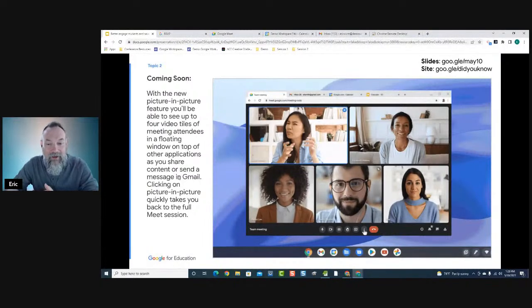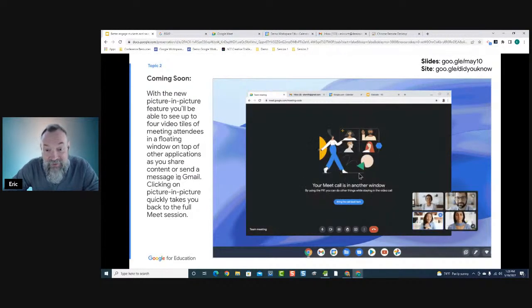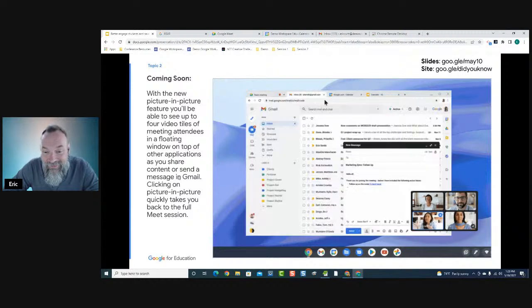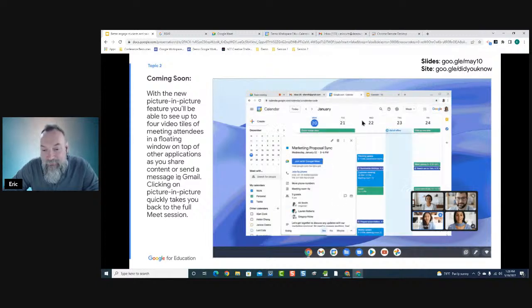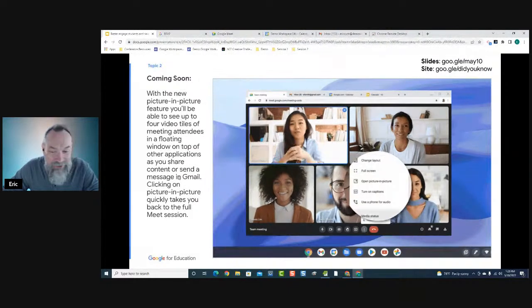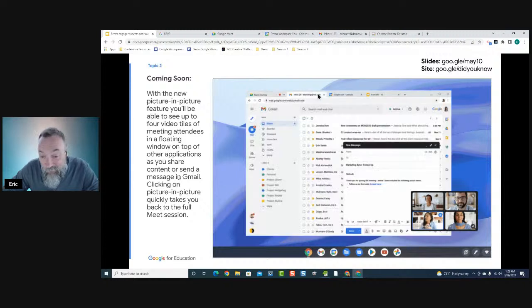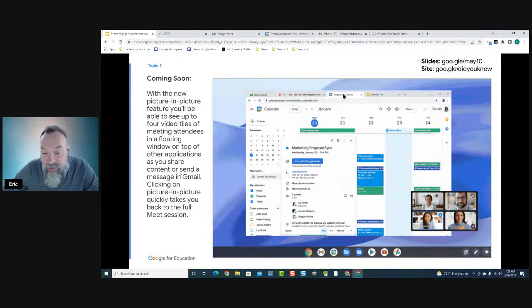Another cool thing, as far as viewing options go, is picture-in-picture. So let's say I'm just in a regular old Google Meet and I need to be able to see my screen and see the other people in the Meet a little easier. And maybe I don't have multiple monitors. Now, I do have multiple monitors right now. I've got 3 monitors actually, and so I wouldn't have any issue with that. But if let's say I'm on my laptop and I'm traveling and I only have one screen, well, there's a new feature coming where you're going to be able to right-click on the grid and say you want to open